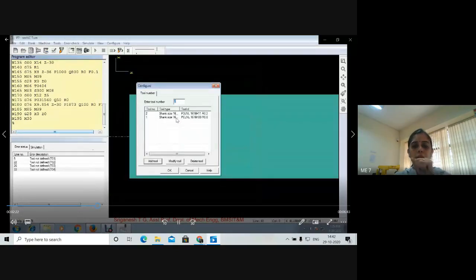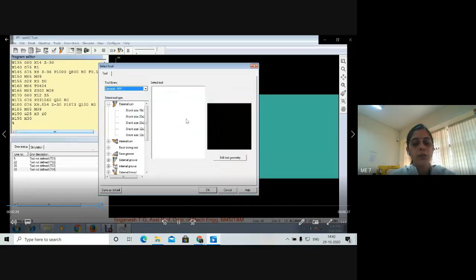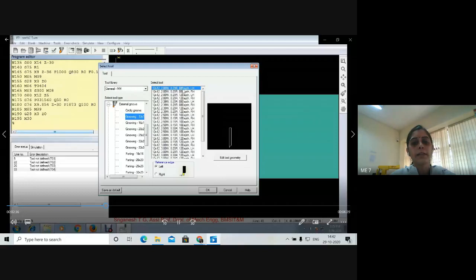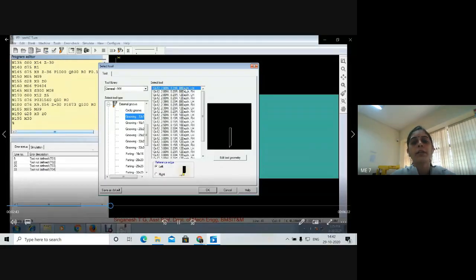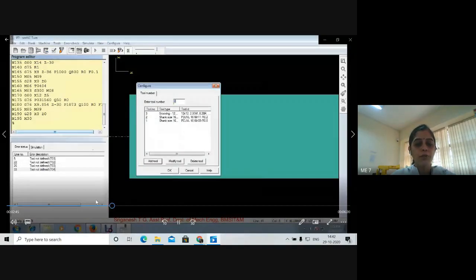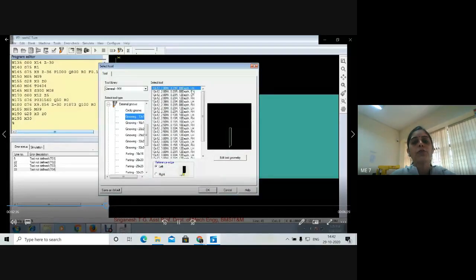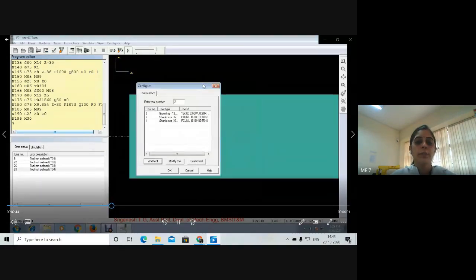This is done. I'm sorry, tool 3 we need for the axial groove cutting operation. So you select the groove cutting tool here, and since we usually give the depth as 0.8, in the program also we have given 800 microns. As per that you should select the tool. While selecting, it shows whether it is a left hand tool or right hand. Whether you take left hand or right hand, by default the tool will start cutting the groove. We usually go with left.